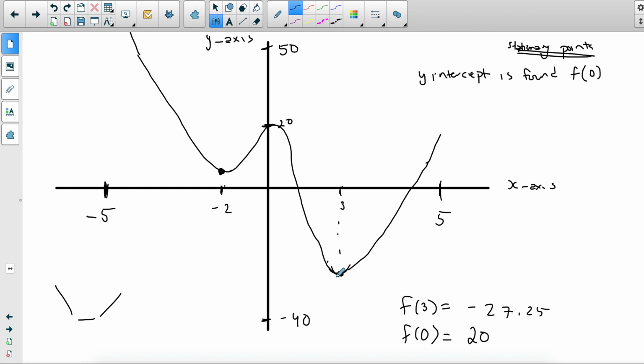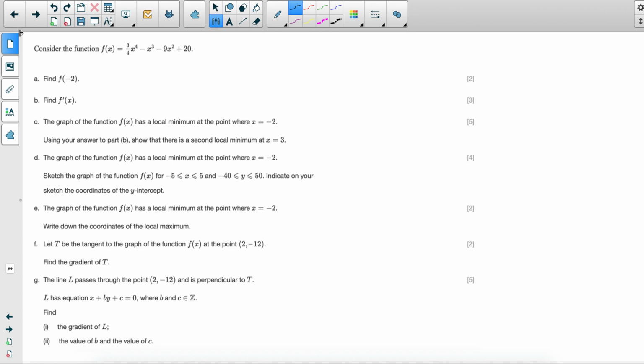Again, 1 mark for labeling the scales and indication of the scale, so the -5 to 5, the -40 to 50. The smoothness, the local minimum, and the y-intercept. So these are all quite important. So we've done part D. Part E,